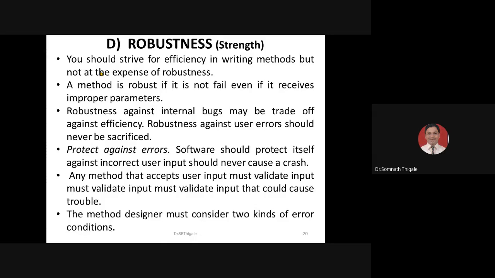Any method that accepts user input must validate input, and the method designer must consider two kinds of error conditions. The person who is a developer writing the method should be able to understand this.